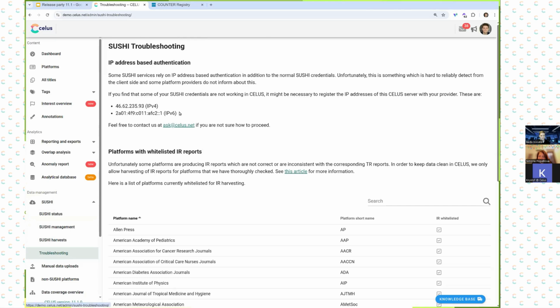a migration from one provider on our side, a technical migration of the servers CELUS is running on from one provider to a different one. So the IP addresses, as you can see here, of CELUS have changed. So in case there was some whitelisting needed on the publisher side to let CELUS harvest your data, unfortunately, it would have to be